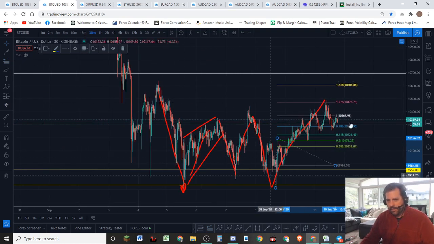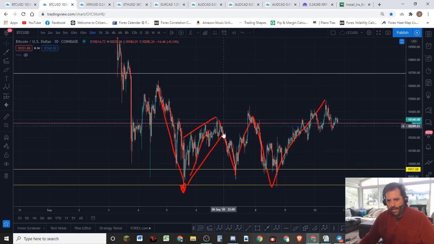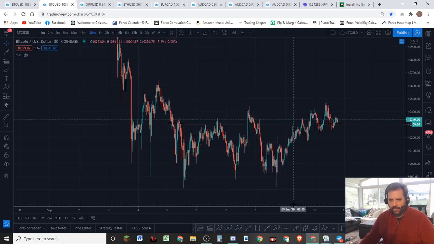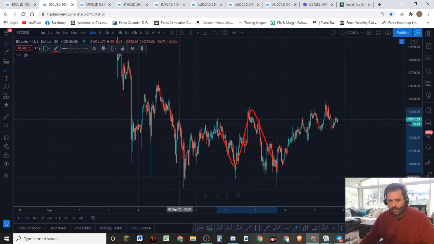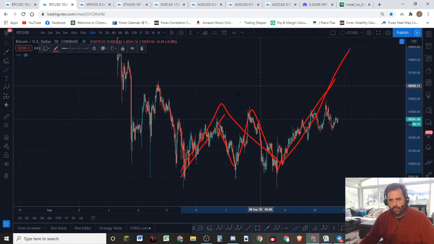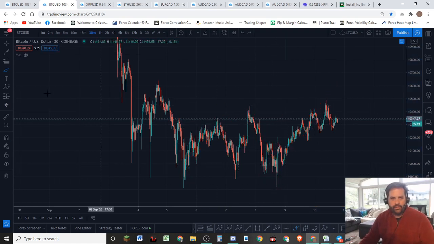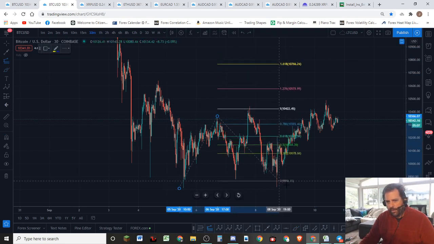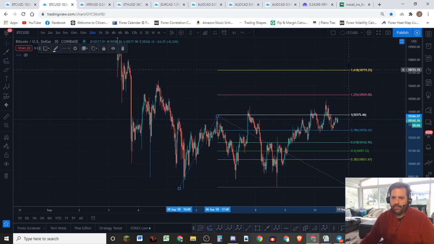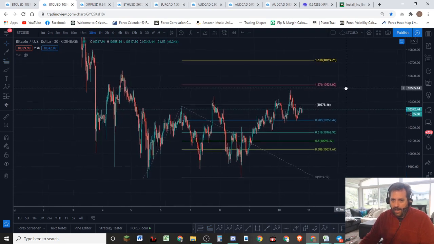Now let's look at this whole structure as one big unit. I'm going to clear the drawings off the table there. So we're going to look at this three wave as a structure, and then we're going to look at that. So it becomes one big three wave move like that. What we want to do is measure that whole structure and see where we would expect this thing to finish. So we're going to measure the first wave, come down to the bottom of the second wave here, and we'd expect it to finish somewhere between the 1-to-1 extension and the 1618 at the highest.